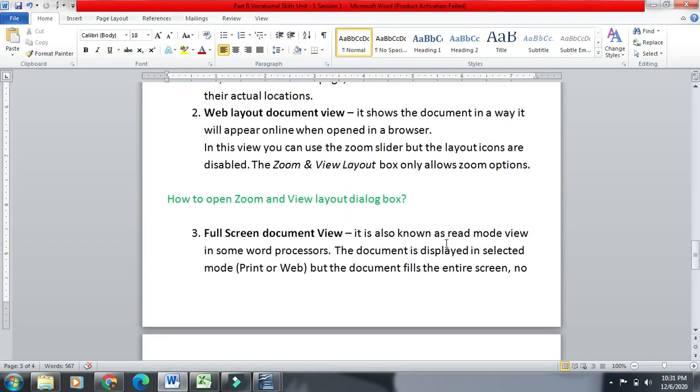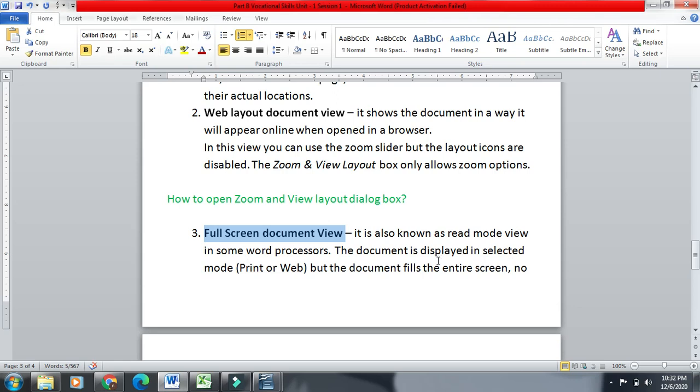Next is full screen document view. It is also known as read mode view in some word processors. The document is displayed in the selected mode. We have two modes, one is print and one is web. So if you want to go for full screen in web, it is available, and if you want to go for full screen in print, it is also available.